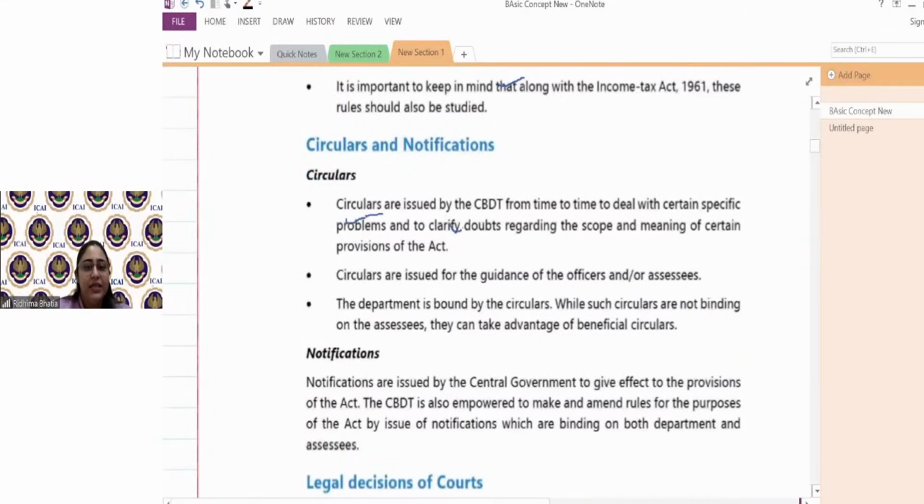Now, what is CBDT, guys? What is CBDT? It was not told. So listen carefully. There is the Ministry of Finance, correct? In it there are two major departments. We are talking about the government, guys. Expenditure department and revenue department. Expenditure department is taking care of all the expenditure. Revenue department takes care of the revenue which is coming from different fields.